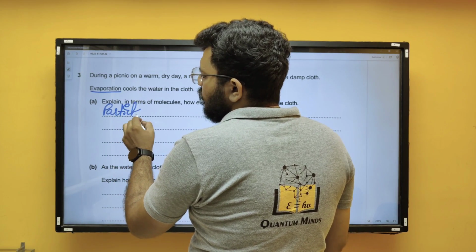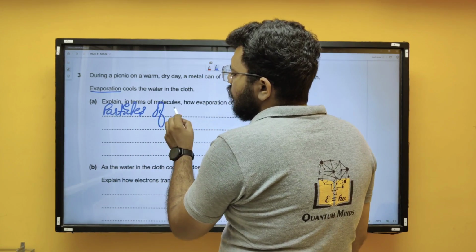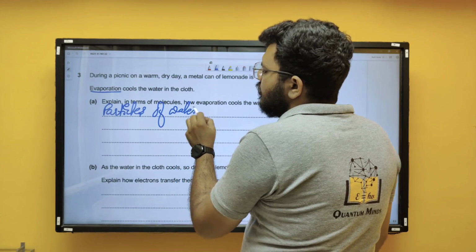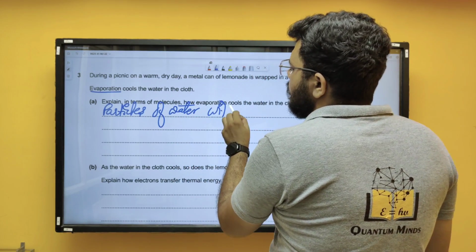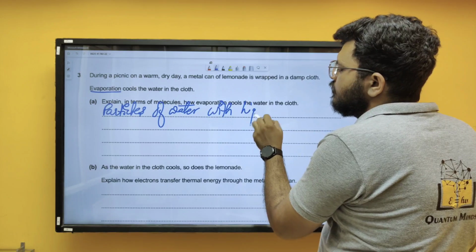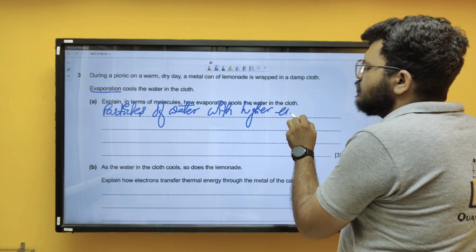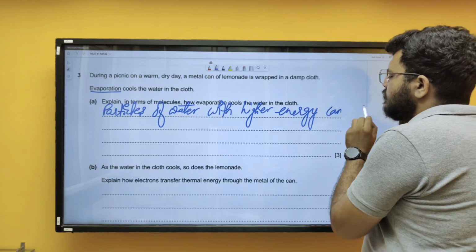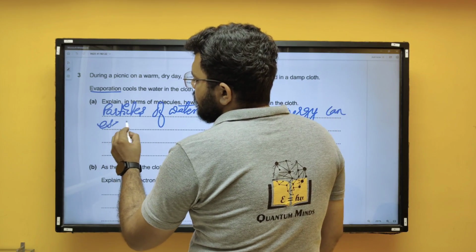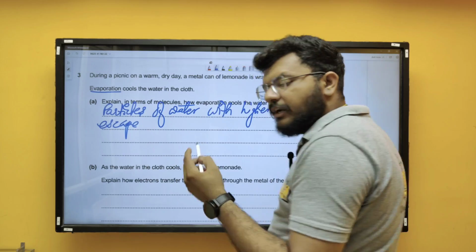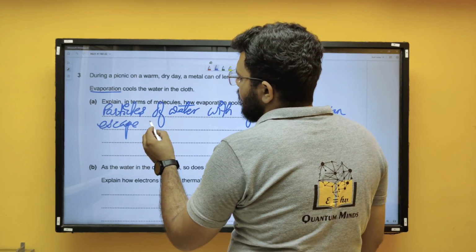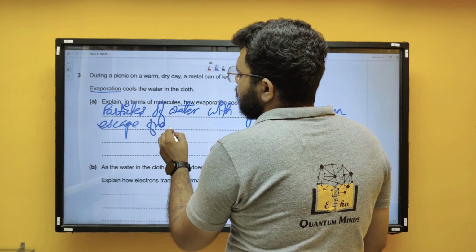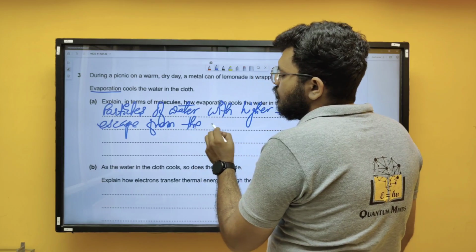You can write water molecules, particles of water with higher energy can escape, right? They obviously collide with one another, but they can escape from the cloth,